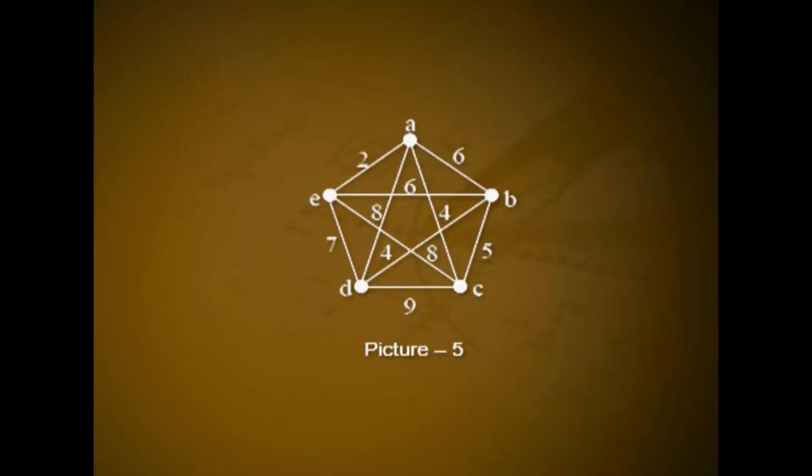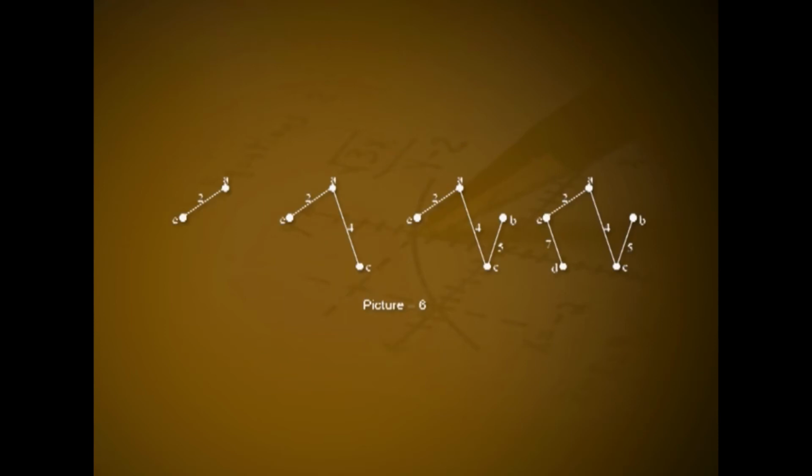Let us consider an example now. To construct a minimum spanning tree for the graph in the figure using Prim's algorithm, we proceed like this. Choose vertex A to start. Minimum weight edge is AE, that is of weight 2. Minimum weight edge from AE to a new vertex is AC with weight 4.